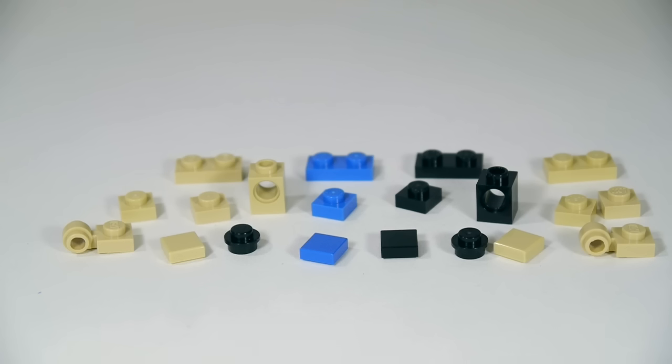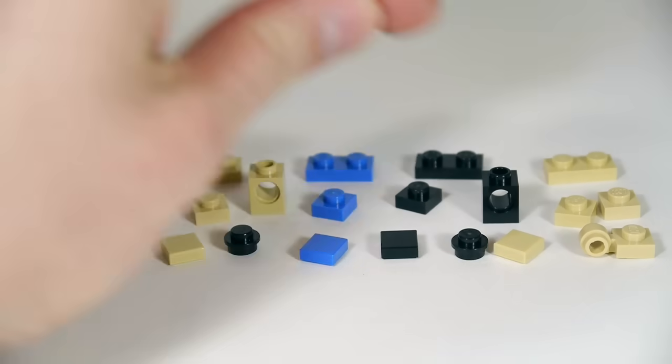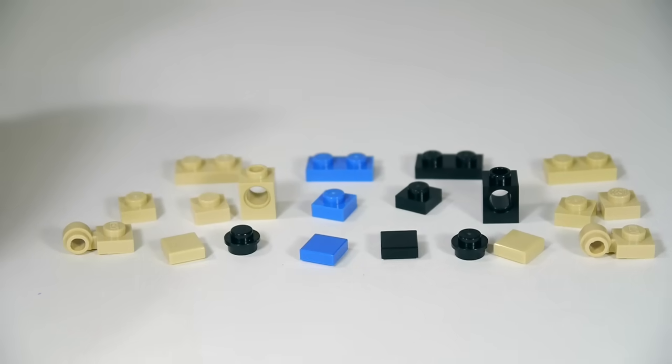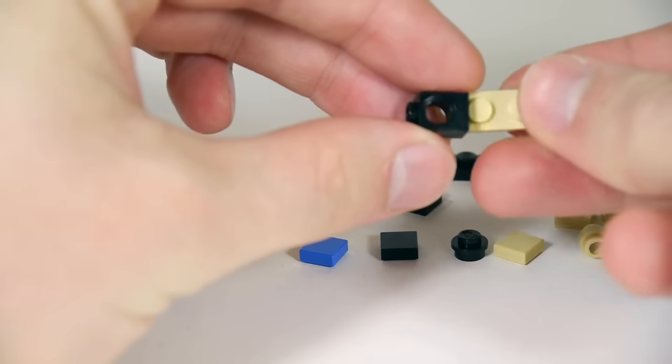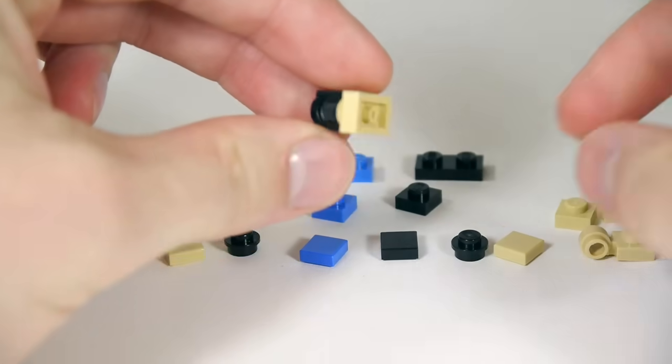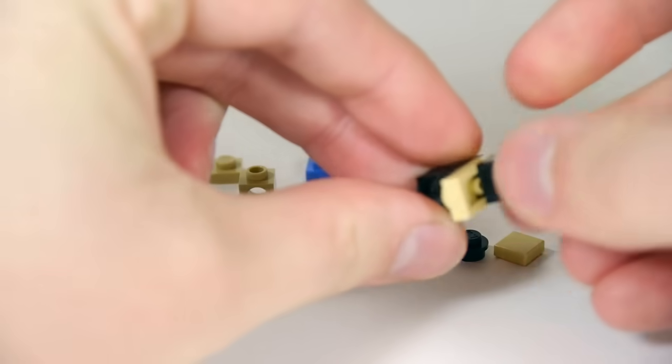This is a momentous occasion for Brick 101. I am about to build a character head without using a Travis brick. However, I am going to use some Technic brick, 1x1, in black or tan, whether you're doing Shadow or Sonic. So take that, then take 1x2 in tan, go forward, and then a 1x1 in the Hedgehog's color, so black